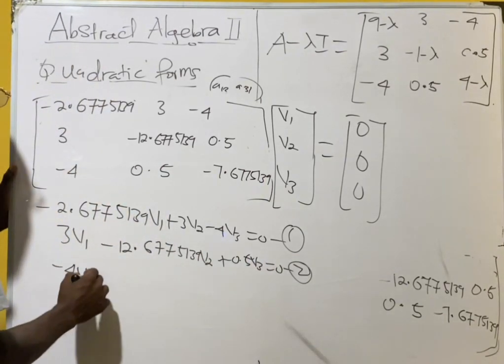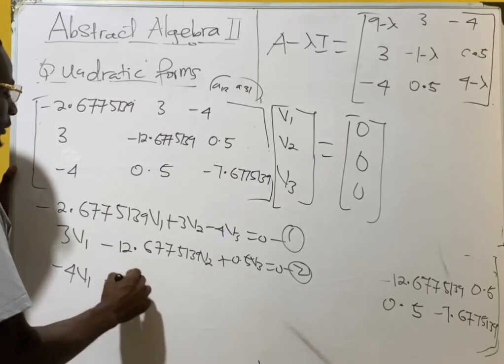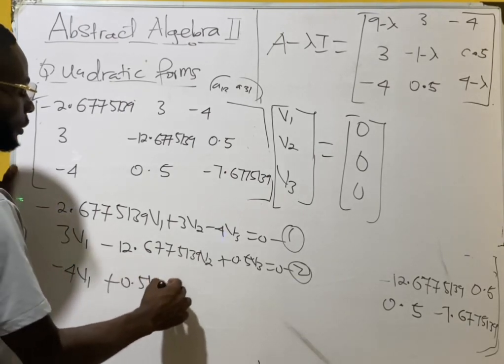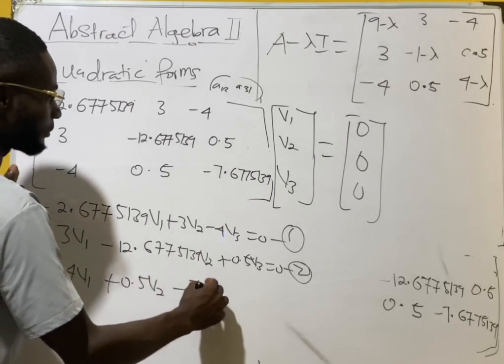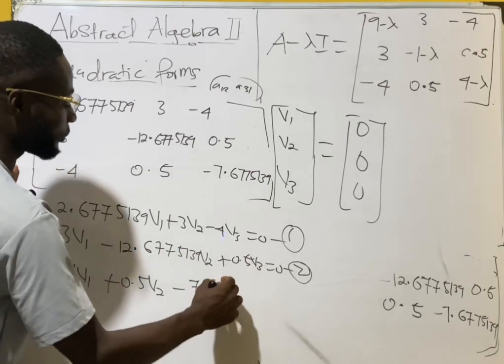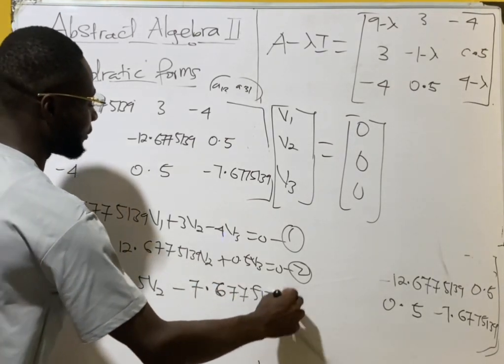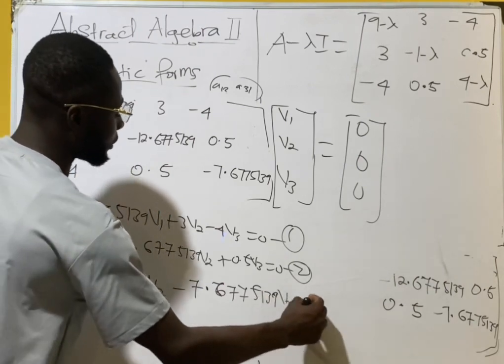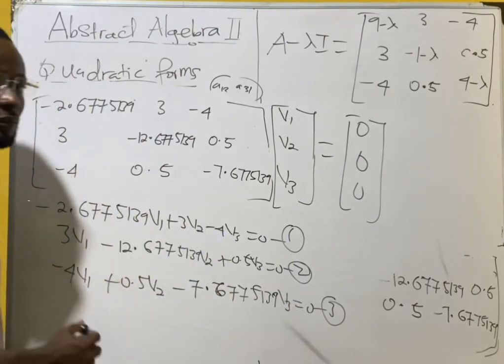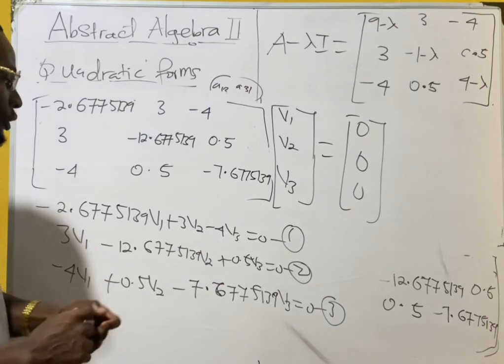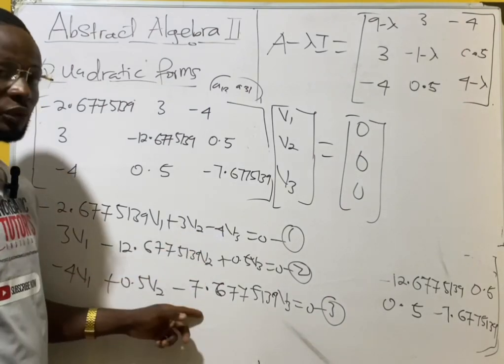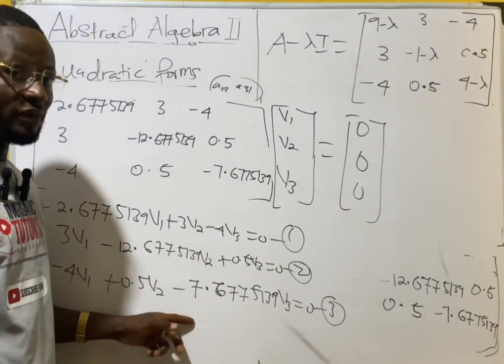Then we have minus 4V1 plus 0.5 V2 minus 7.6775139 V3, and that is equation 3. Okay. So we're going to solve equation 1, equation 2, and equation 3 simultaneously to find V1, V2,